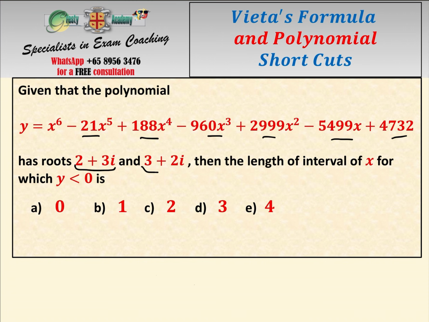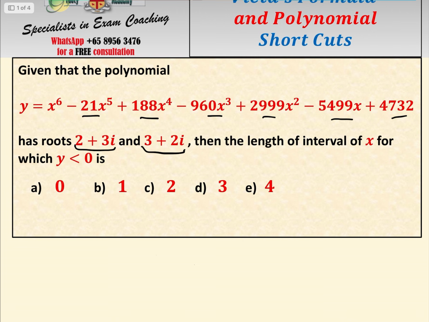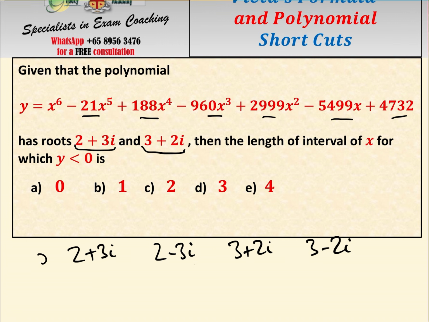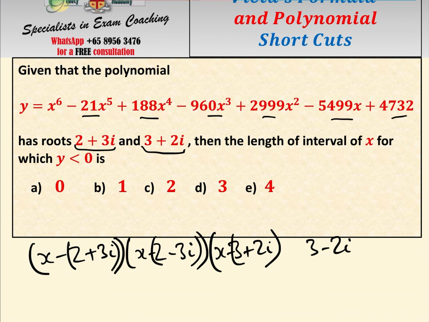First of all, as we have two complex roots here, by the complex conjugate root theorem, as we know that 2 plus 3i is a root, we also know that 2 minus 3i is a root. And as we know that 3 plus 2i is a root, we also know that 3 minus 2i is a root. So what we could do is say, therefore, (x minus (2 plus 3i)) times (x minus (2 minus 3i)) times (x minus (3 plus 2i)) times (x minus (3 minus 2i)) would